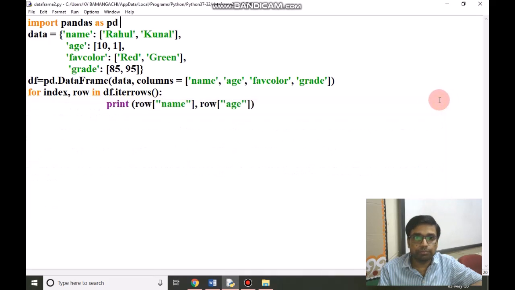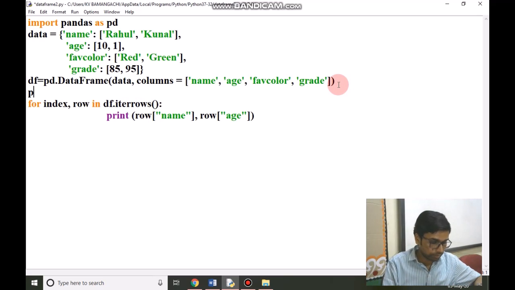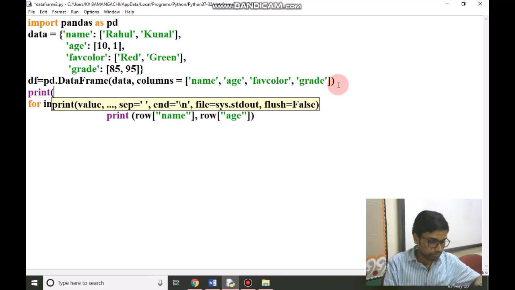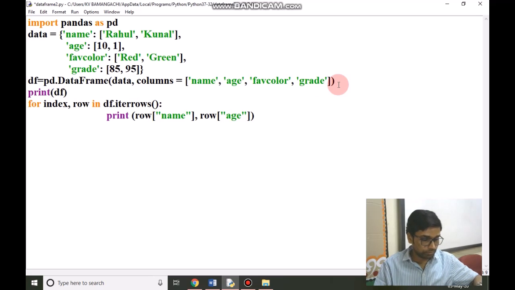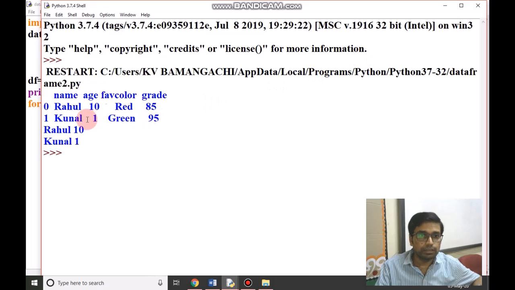One more modification we can give here. If you see the data frame, if you run this program, you will understand it easily. The data frame has names Rahul and Kunal, ages 10 and 1, favorite colors red and green, grades 55 and 95.